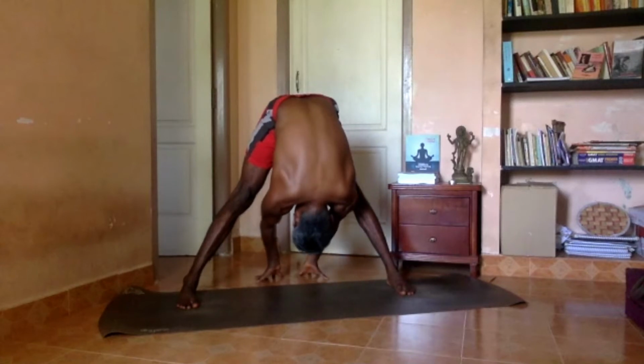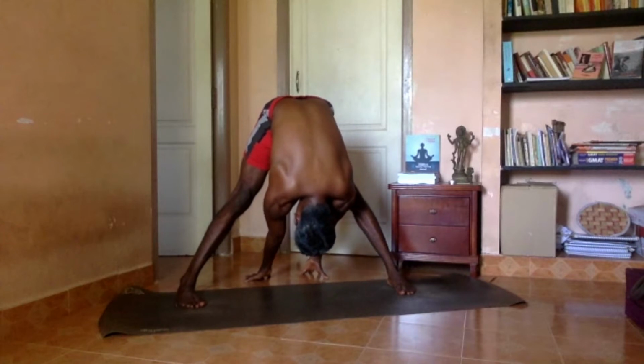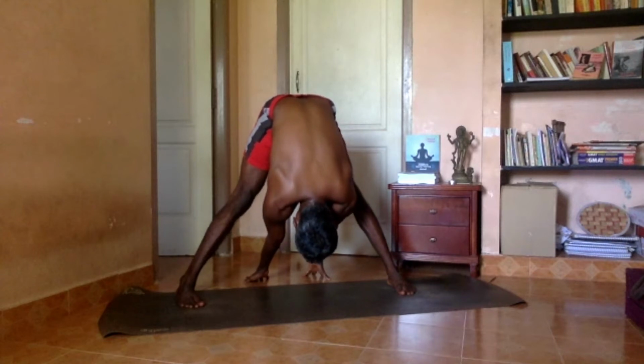Prasarita Parshvakonasana. You can see that. Inhale, head up. Exhale, head down. Keep weight on your toes. Reverse your fingers facing away from you and walk your fingers away from you, trying to bring your head towards the mat. And we stay there for 5,